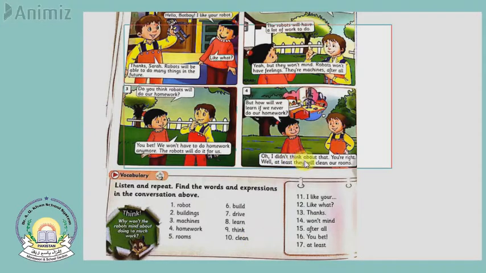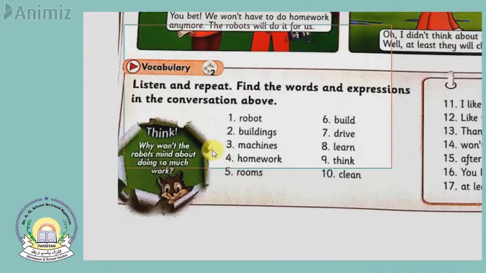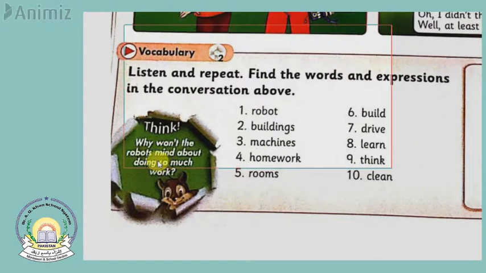All right, so this was the lesson for today, and what you need to do is answer this question. I'm going to give you this task for today. You have to listen, and you have to repeat, and you have to find the words and expressions in the conversation above, and then you have to think, because thinking is good. So now that you know what robots are and what robots do, you have to think and you have to answer this question,